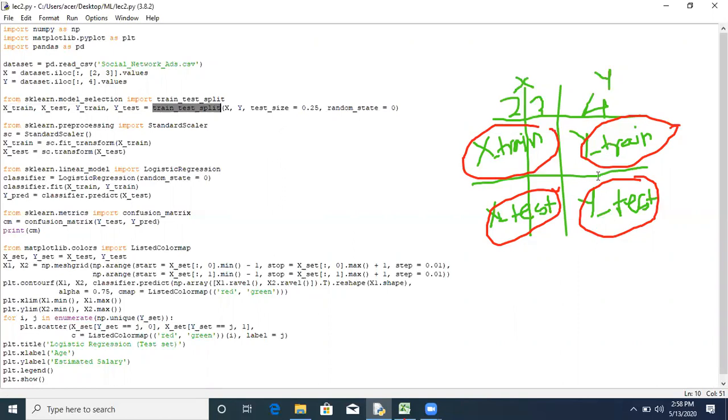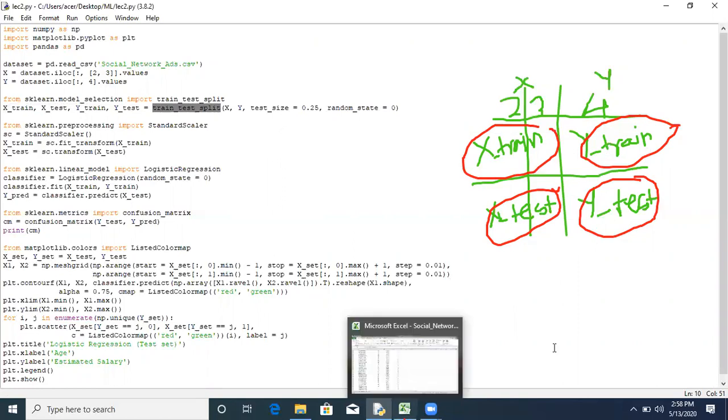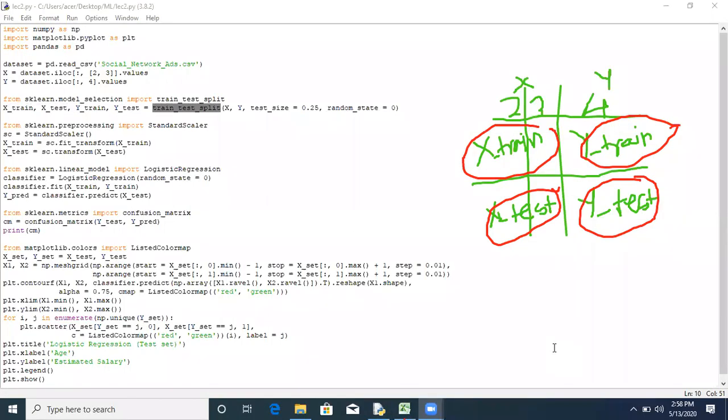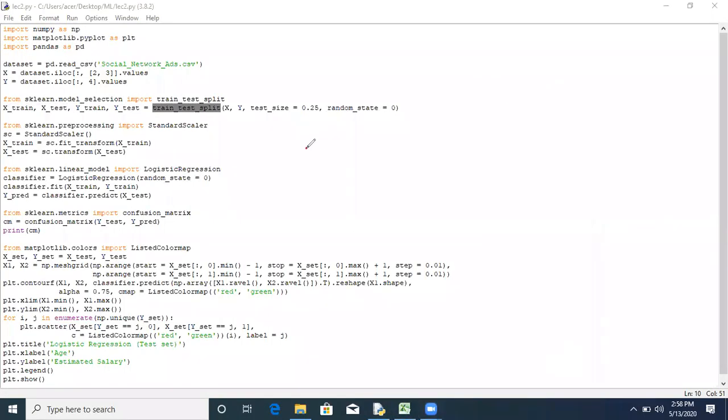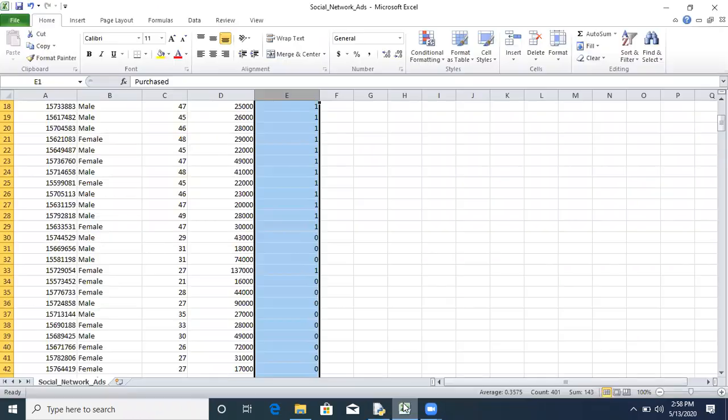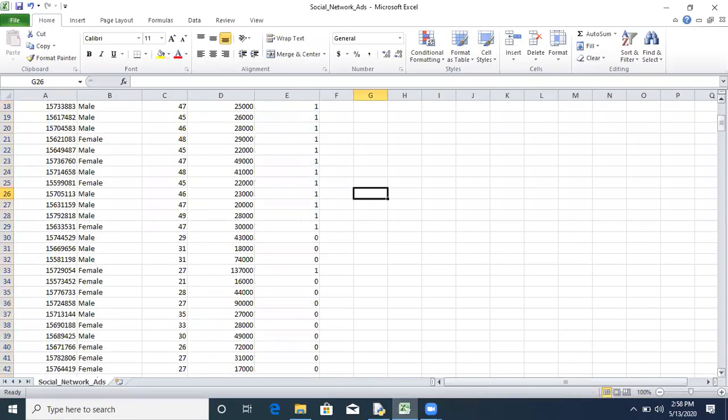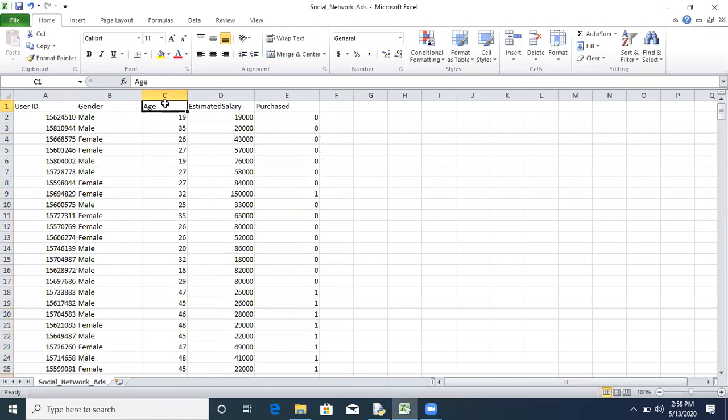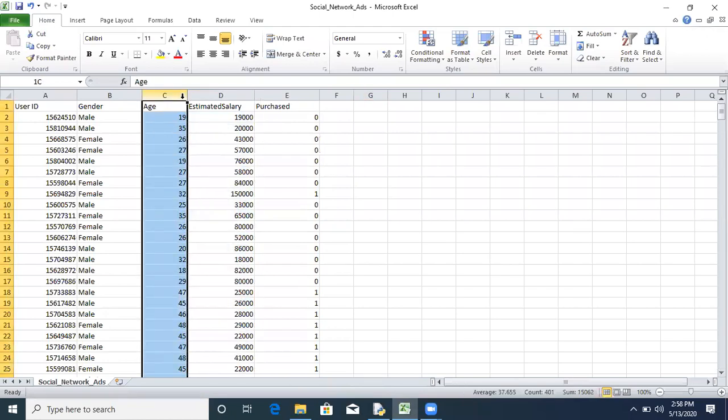And after splitting the data set into four parts, the next thing here is, you have to scale your inputs. Why do we have to scale the inputs? Because in this case we are taking age and estimated salary as the inputs.